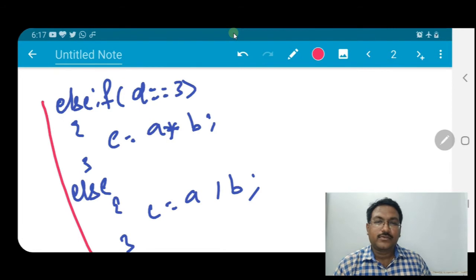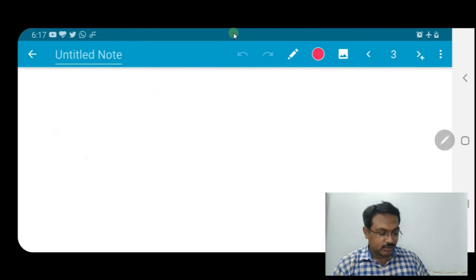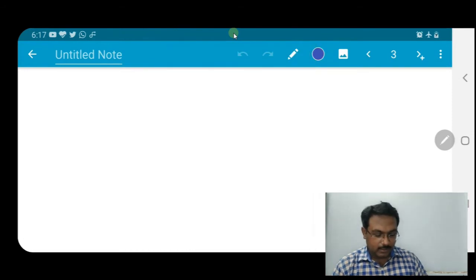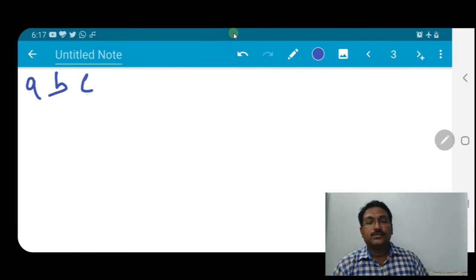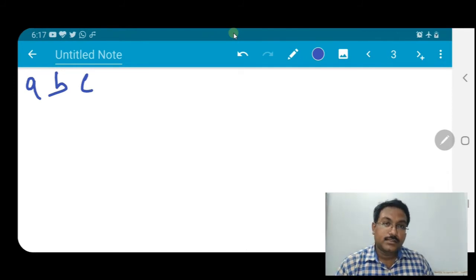So this same thing can be written in switch case. So how can we write it in switch case? For writing in switch case, let us first see how many variables we need. We need A and B to store the two numbers which will come from the user, then C to store the result, the addition, subtraction, multiplication or division result.